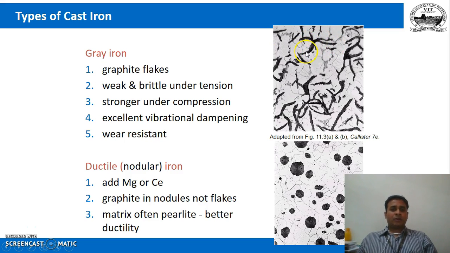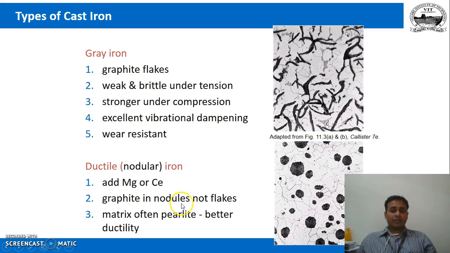That flaky morphology in the gray cast iron, you can change it if you add some magnesium or Ce. If you add Mg or Ce, the flake graphite will be converted to spherical nodules, into the nodule form. So now you have removed all the sharp edges, and you got nice beautiful spheres of graphite. This improves the machinability of the cast iron,